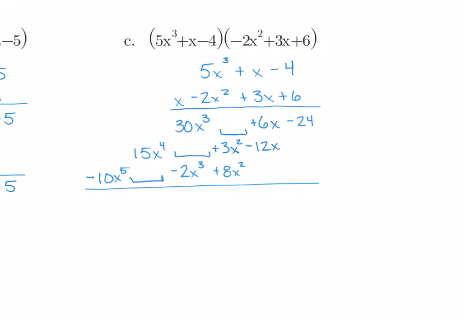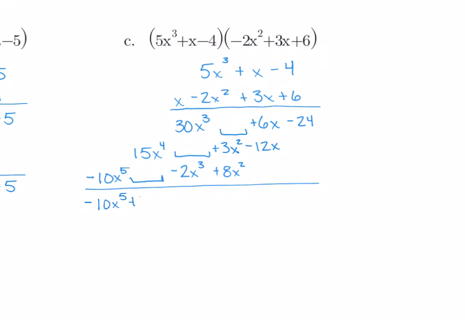Okay, so now when we look at this, we want to make sure that our like terms are lined up vertically. So we have our x to the fifth, our x to the fourth, our x cubes, our x squareds, our x's, and then our constant. So just make sure that everything is lined up vertically and that you're not trying to combine things that cannot be combined. So now if we go ahead and combine, we get negative 10x to the fifth